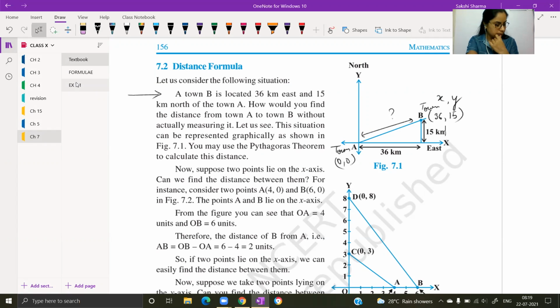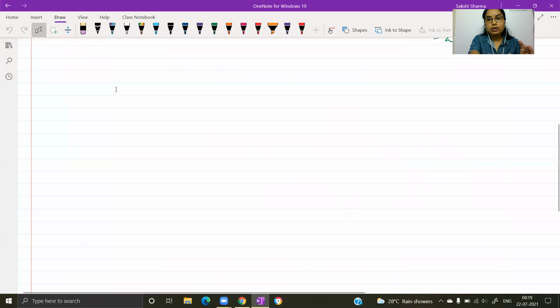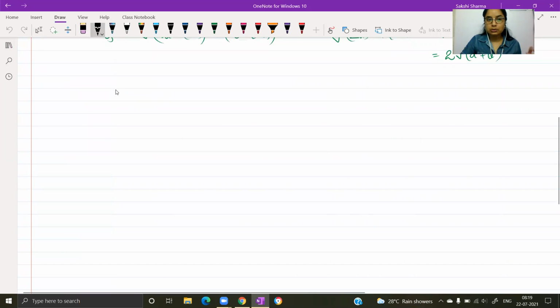I don't remember if we have done that chapter. No, it's not in your class. I'm mistaken, that's in a different chapter. We have not done that. But yes, in junior classes, you have worked with such problems in Pythagoras theorem questions. So just like that, you have to apply the distance formula. Finding the distance from the origin is really easy: under the root, abscissa squared plus ordinate squared, and then simplify.